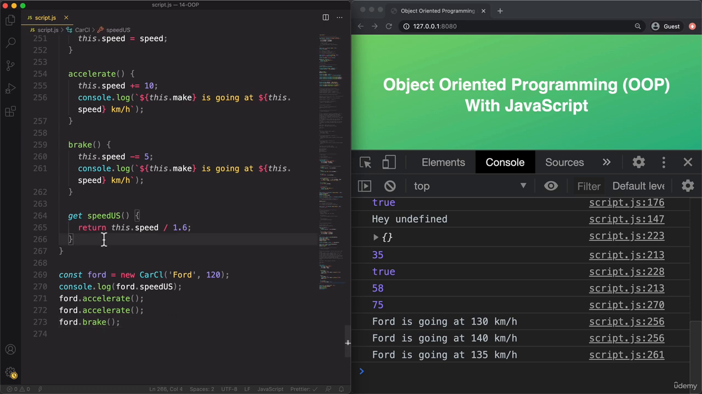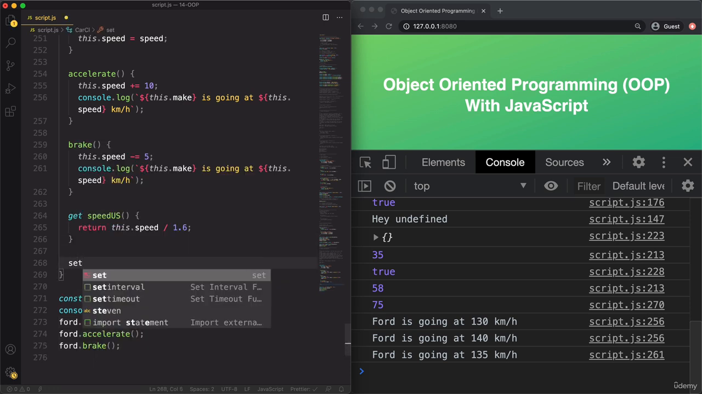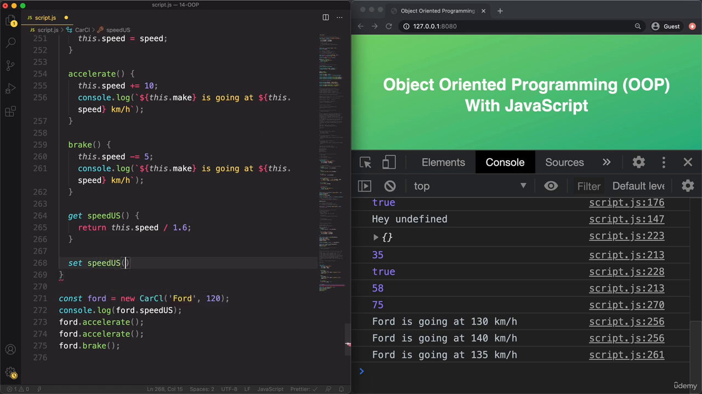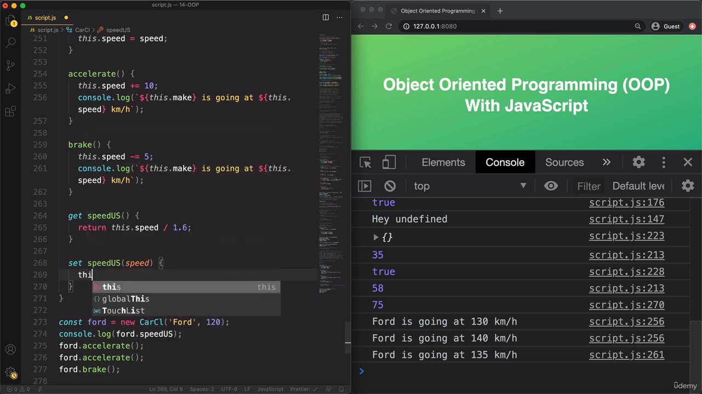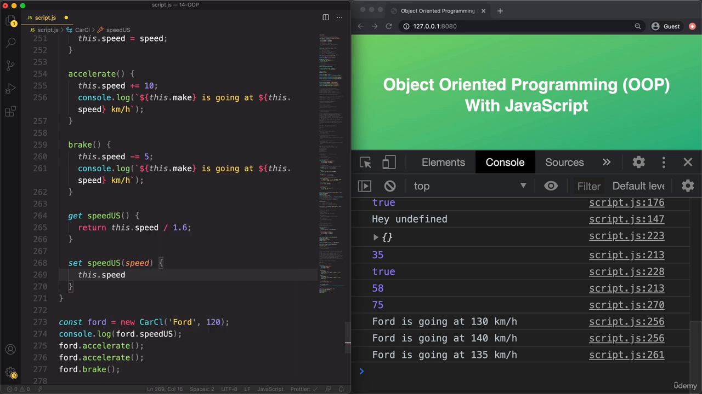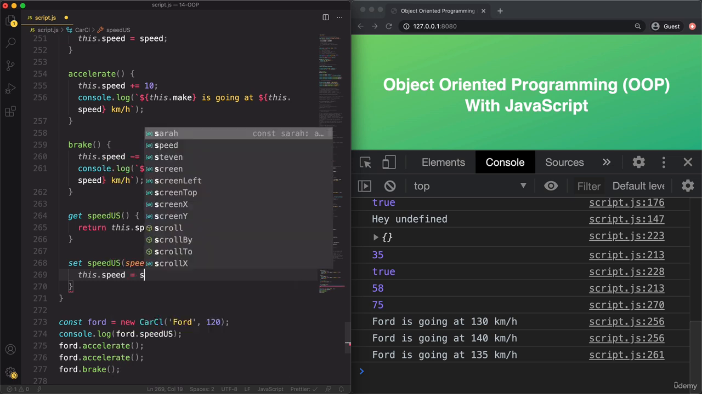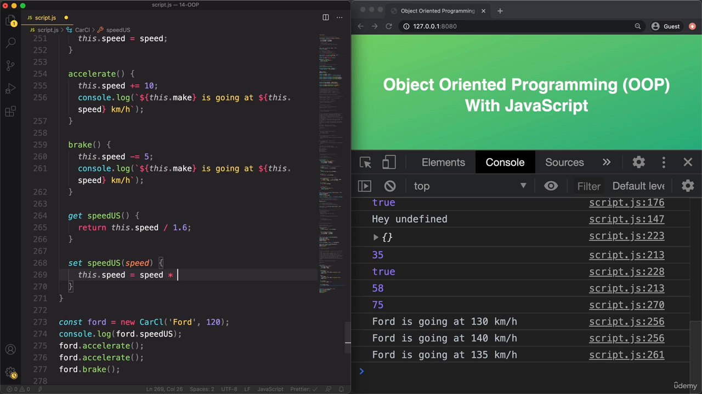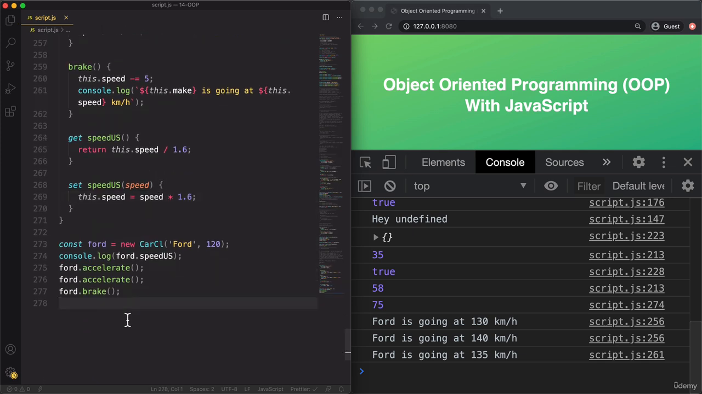And now to finish, let's just implement the setter here as well. So set speed US. And then remember, we always need to take exactly one argument. So that's going to be the speed, of course. And so here we want to set the speed, but of course in kilometers per hour. And so we take the speed and multiply it by 1.6. And so now if we do